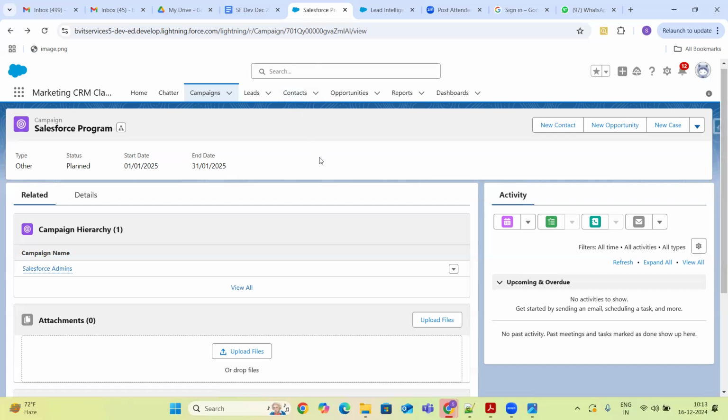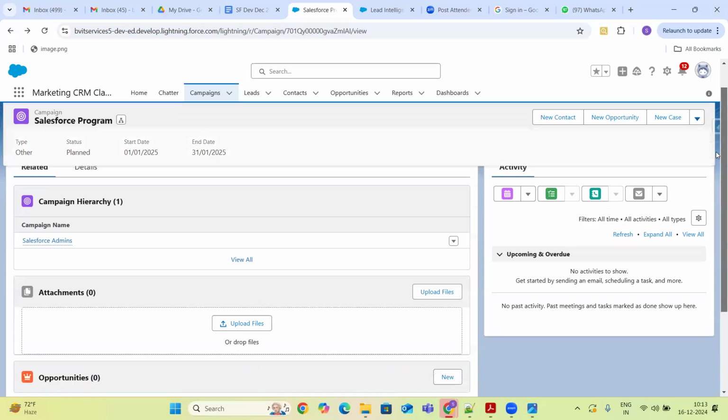Then immediately in the interviews, they will ask you how a lead gets converted into a contact. For that, guys, we always use the lead conversion process.